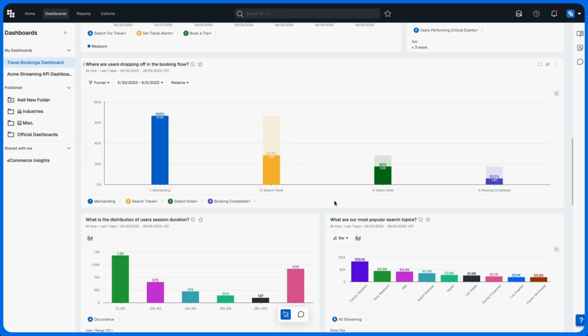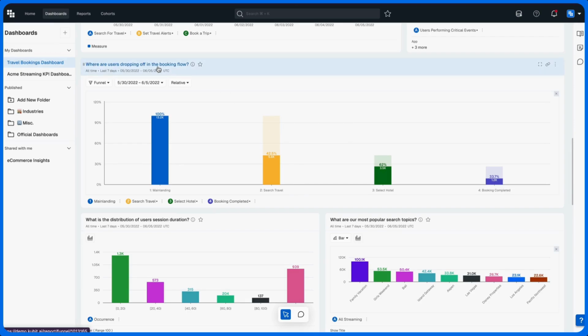Let's say though, for example, I actually don't find this funnel particularly valuable. I want to see this broken out by day because on 6/3 is when we had our spike in intake of users, and I want to see if this conversion rate changes based on users joining our app on that day. Now, rather than going and asking an analyst to run this report for me again, or getting a pool of data,